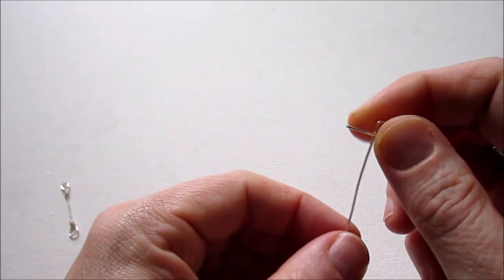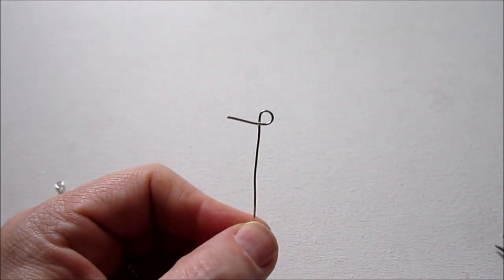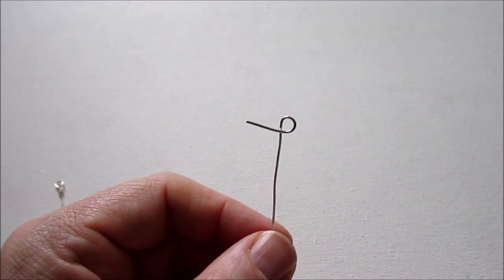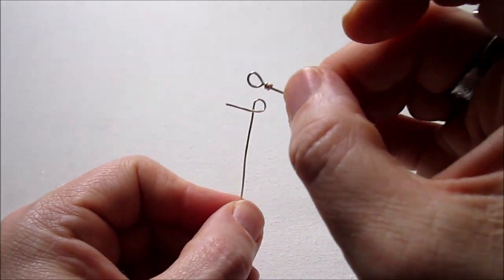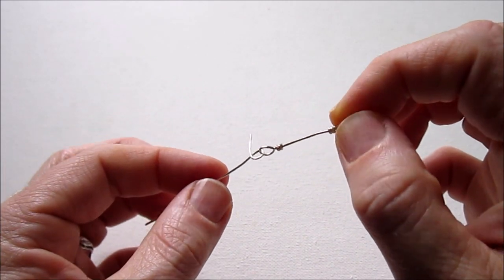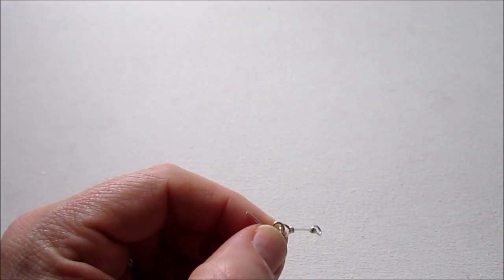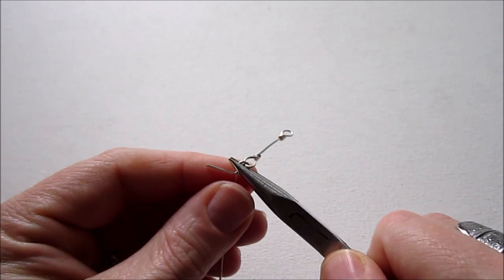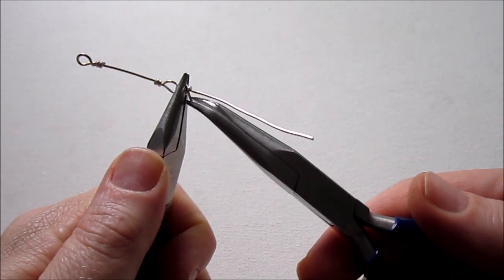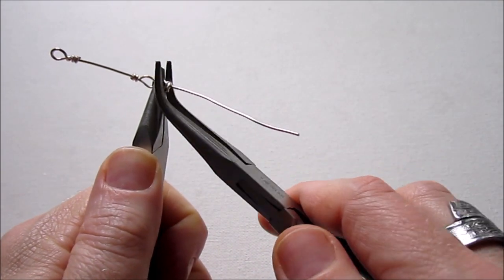So I just did that without saying much, but basically we're doing exactly what we just did. This is how we're starting. I was holding the wire about 1 inch from the top and my round nose pliers lined up with the line that we made, and I formed a loop. Now before we move on, I'm just going to slide the first link in that loop so they're connected, and then you just hold that off to the side and continue on like it's not even there. So we go around once, straighten out the loop so it's centered, continue the wraps,